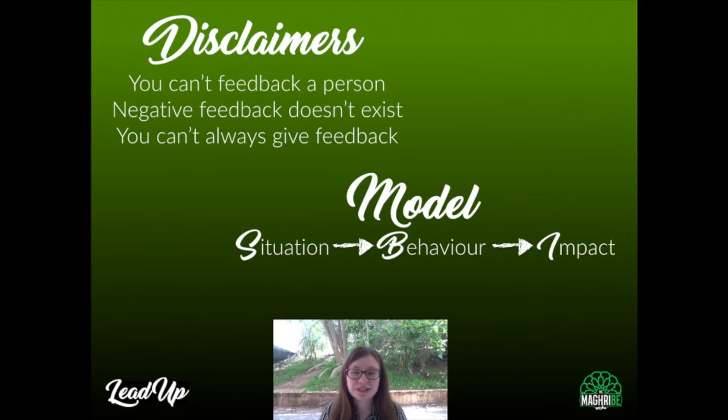So a few disclaimers about the feedback for the beginning. Remember that you can't really feedback a person. It's super important that you can always feedback a behavior, an action, or the job that is delivered by your member, but you can't really feedback the whole member as a person. You don't know this person that well, and it's a very complex job to give feedback to the whole person, so don't even go there. Keep it simple and keep it to the level of behavior and the things that you can actually see in your member.